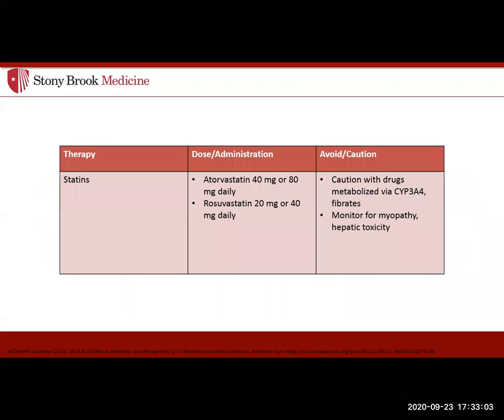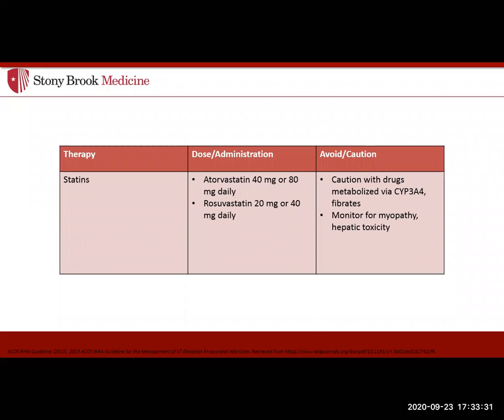So the last group that we'll talk about in maintenance therapy is our statins. As you see in the second column, we use atorvastatin and rosuvastatin because these are our only high intensity statins. And the study that I'll talk about on the next slide is the reason that high intensity statins are important for patients post-MI. The way that statins work in post-MI patients is that they help to reduce reinfarction and death